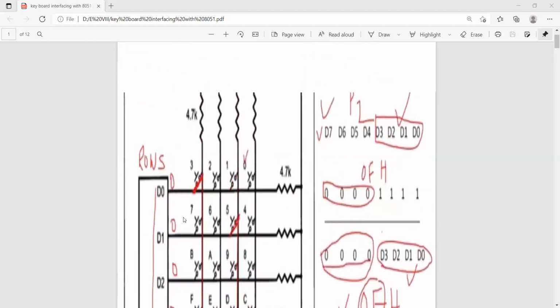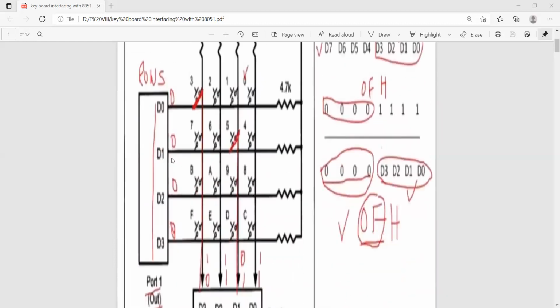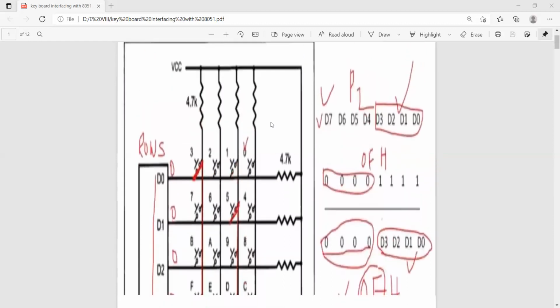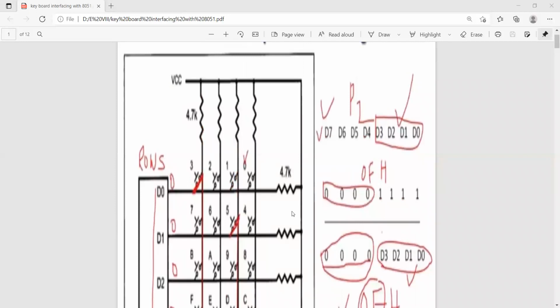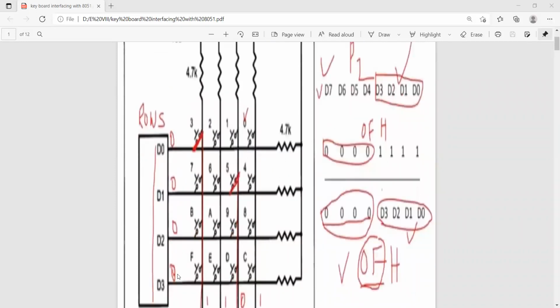So without pressing any key, because all the rows are simply connected to ground, all the inputs are 0, 0, 0, 0.